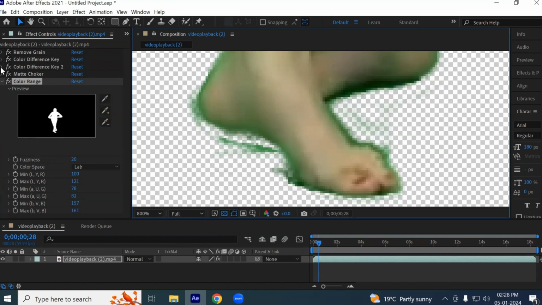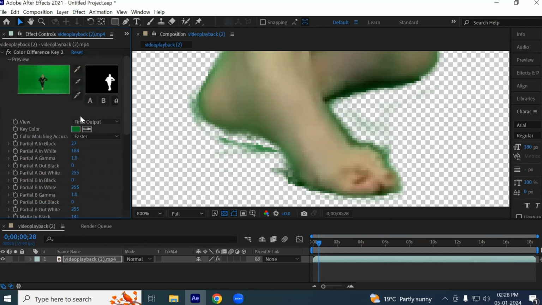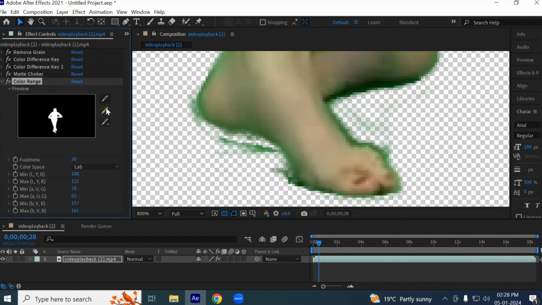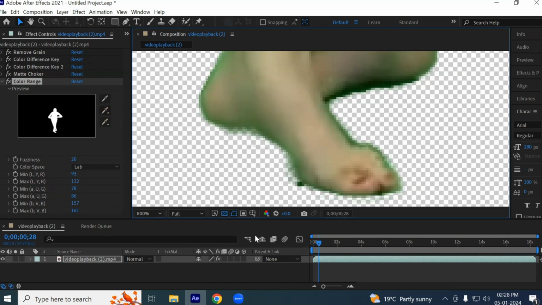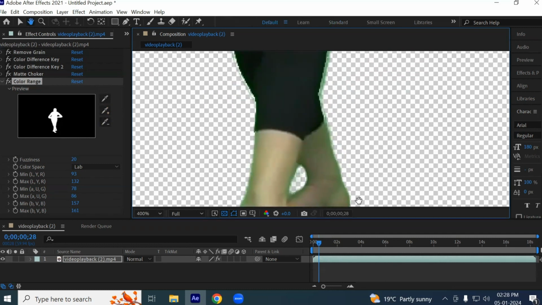Clear? Here these options work in a different manner. Which you want to remove, you have to add, include. Which one you don't want to remove, you have to minus with this eyedropper button. Clear? Which colors you don't want to remove, you have to use the minus button. Which one you want to remove, you have to show the color with the add option. Then again you can start working with